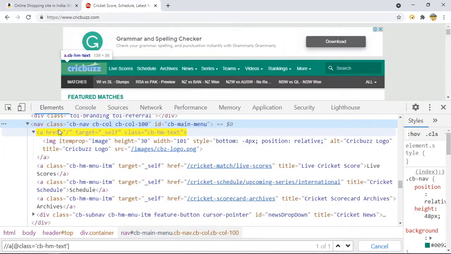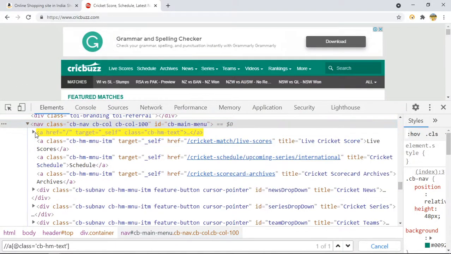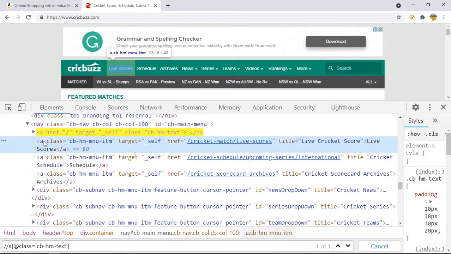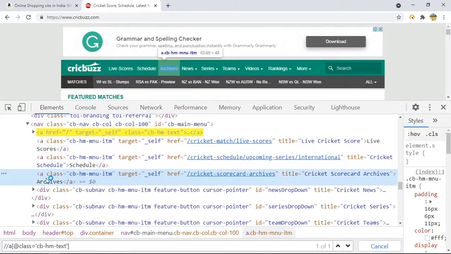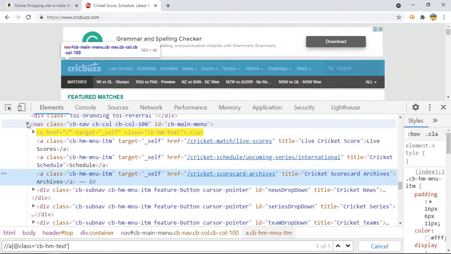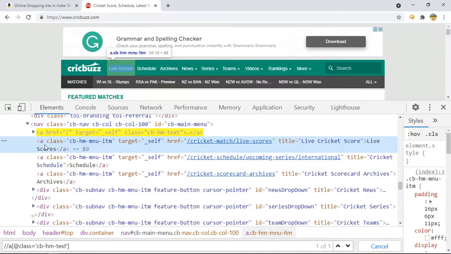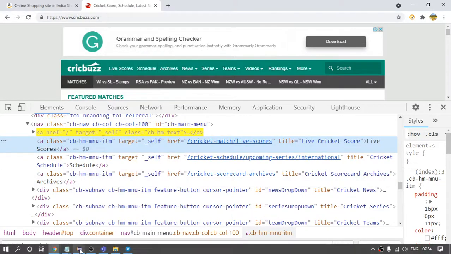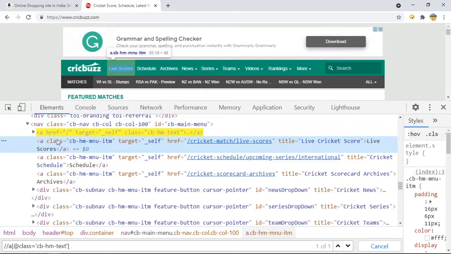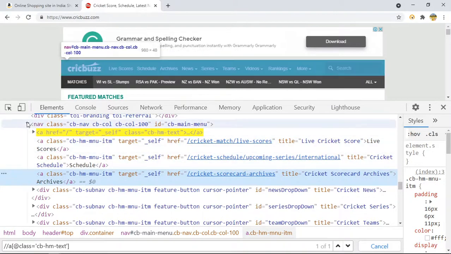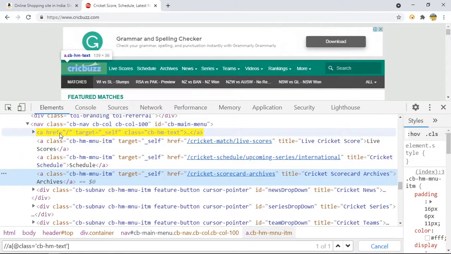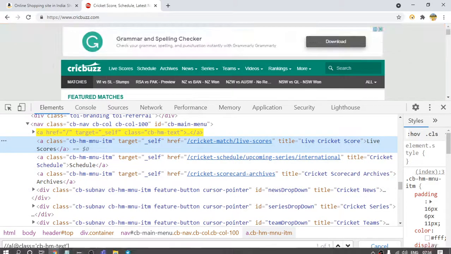So suppose I have written the XPath of this one, right? So this one is a child, this one is a child, this one is a child of this particular line, right? Suppose I want to move from this particular place to this particular place. So how can we do that? Because all of them are children, right? None of them is the parent of the other. All these first one, second one, third one, fourth one are the children of this one. Suppose I am here at this yellow line. I want to reach this first day from this to this. So how can we do it?